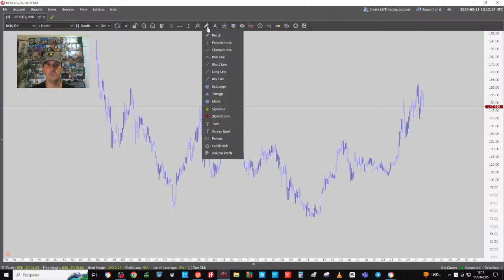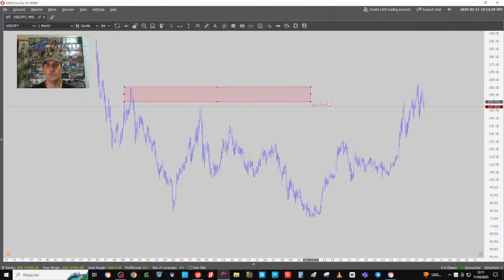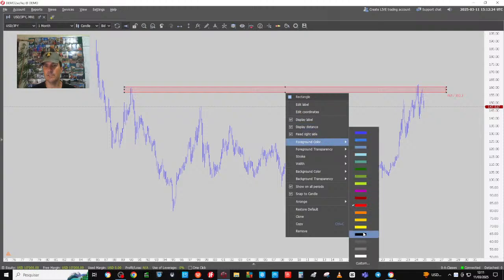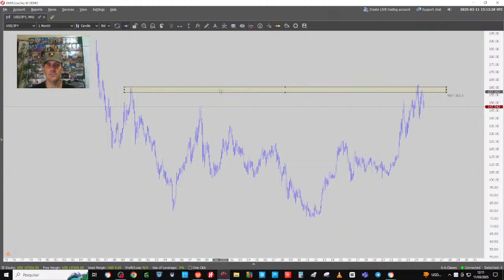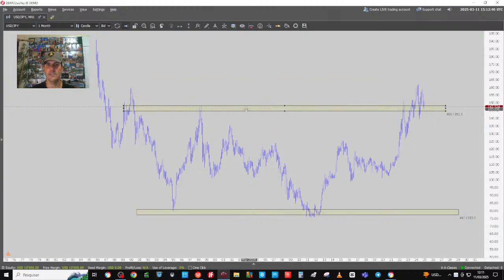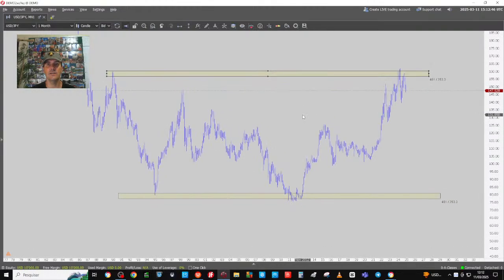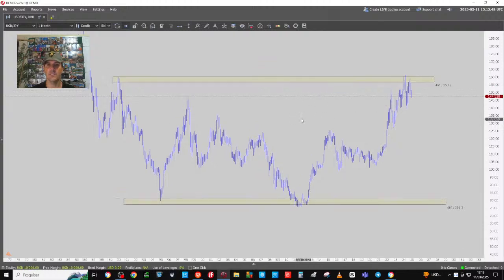So USD JPY, I'm on the monthly chart, so I need to figure out first the monthly bands, alright? And this is the monthly band. This would be the upper band somewhere, and down here this would be the lower band somewhere. Okay? Before it was like this. Now because the market broke this high and went up, the market is reversing so far. This would be the level of the upper band, alright?